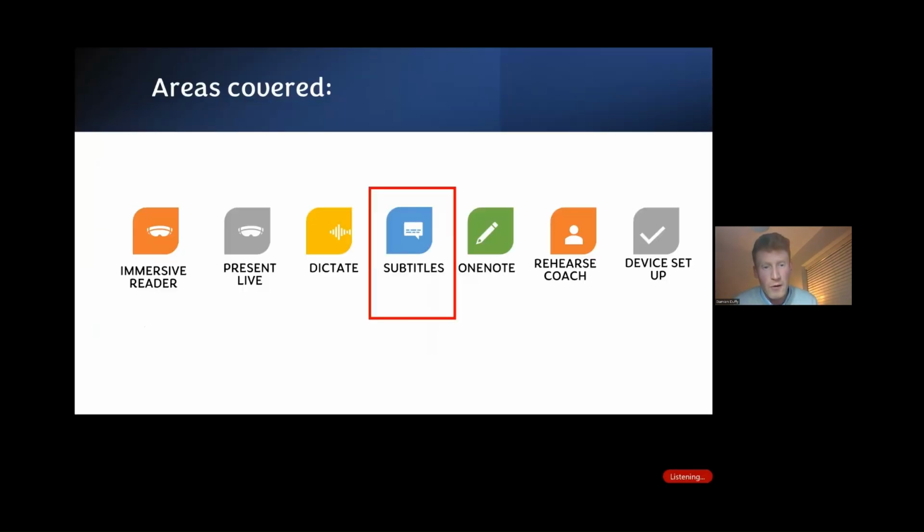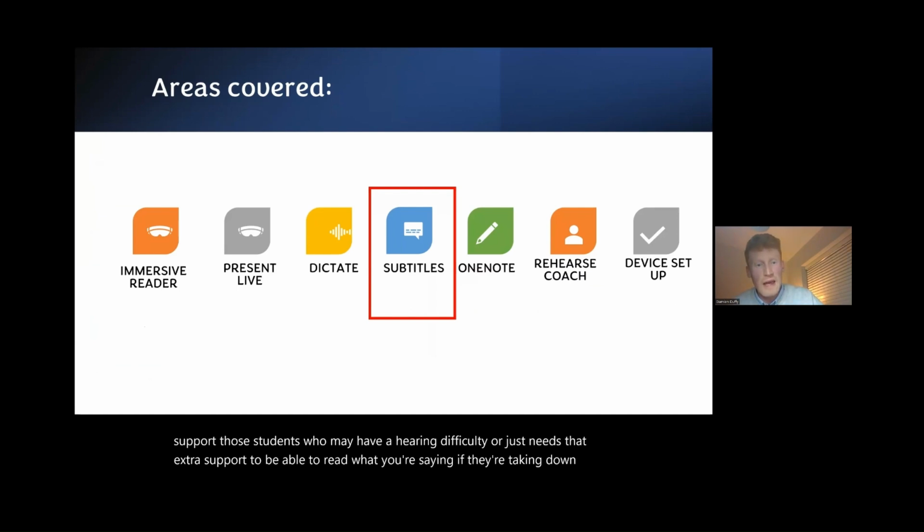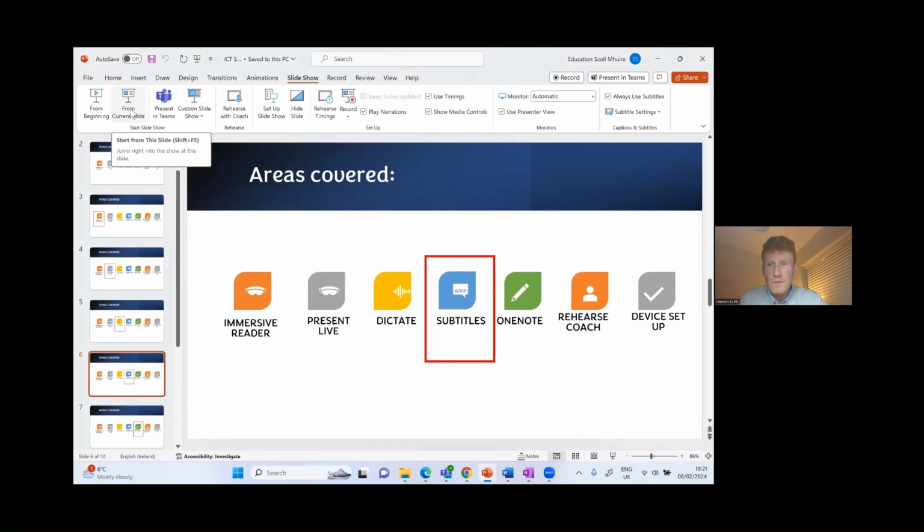So when I play my PowerPoint, down the bottom, you should now see my spoken language coming up as text down the bottom. So again, this will really support those students who may have a hearing difficulty or just needs that extra support to be able to read what you're saying if they're taking down notes. If I just exit out of my PowerPoint, just to show you a couple of things around that, with your